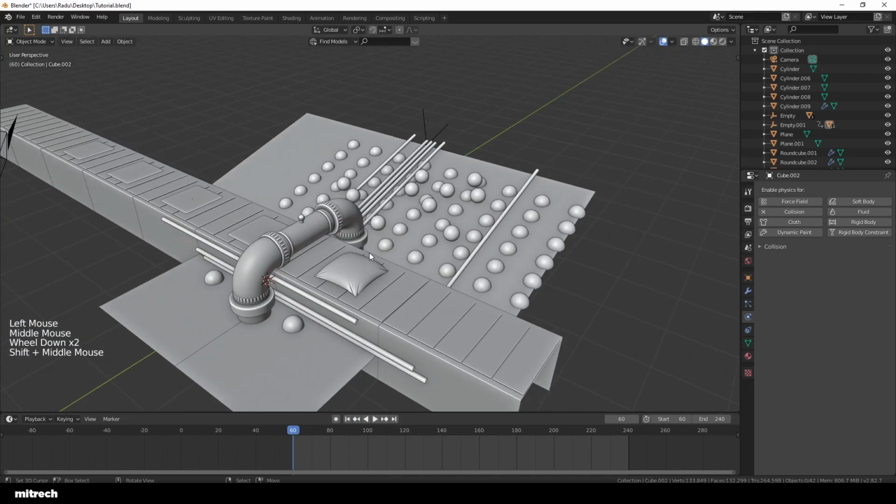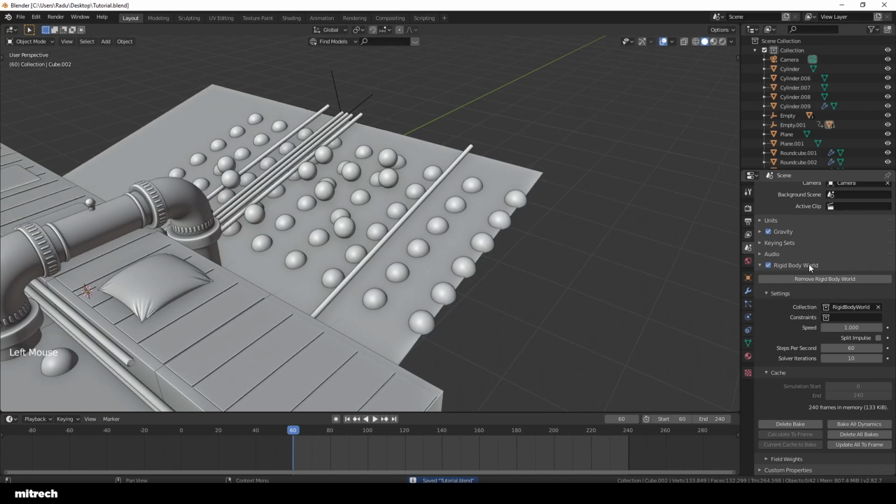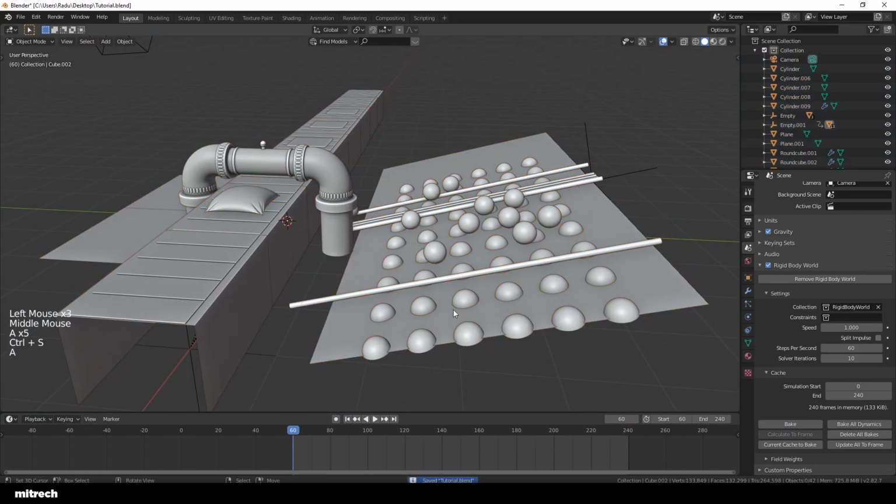So what I want to do is basically just go into my rigid body stuff and delete our bake. What? No, I've pressed bake by accident, and now I gotta wait a little bit. But yeah, don't do what I did, just delete the bake. Yeah, right, delete the bake, and now those balls, let's go